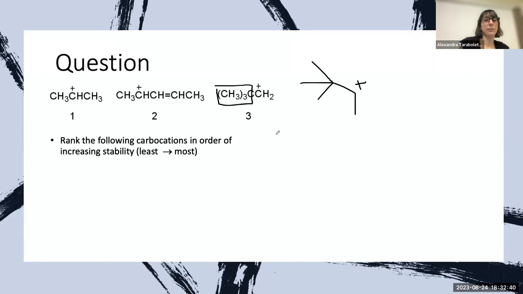This may sound like a stupid question, but should we be able to tell the stability just from this written formula? I feel like I have to draw it. From that formula, you mean? Right, we should be able to tell just by